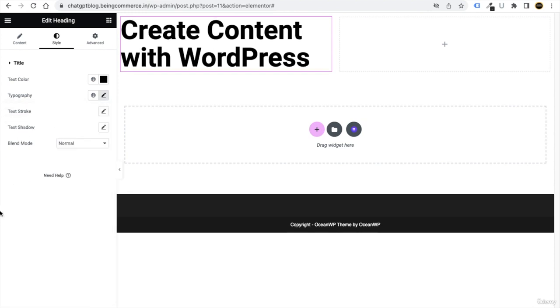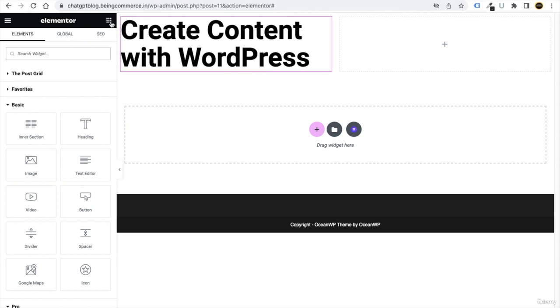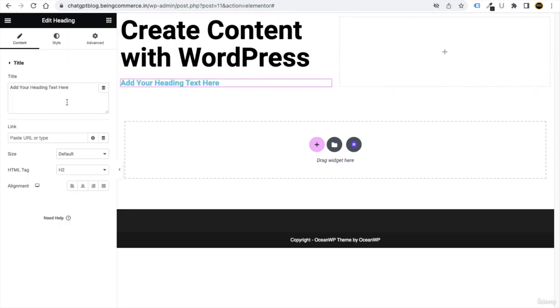Simple. Now my friends, you just need to click on this button of elements. Sorry for the noise. So here you can just click on these elements here. Okay, and now you guys will going to see the option of a text editor. Okay, if you want to use the text editor you can, but if you also want to use heading you can. So again, you can drag the second heading here just below here like this, and here you can just write,